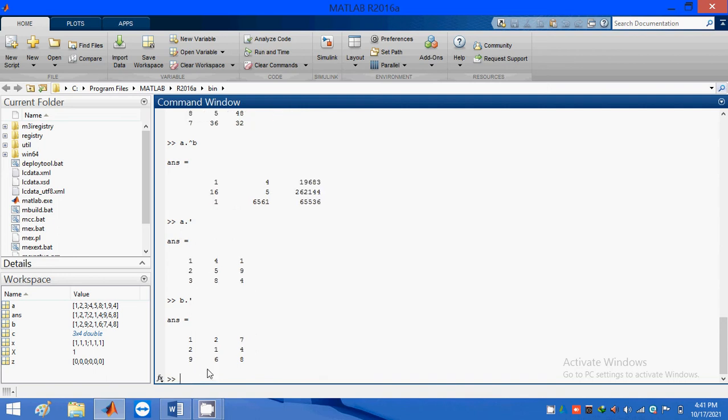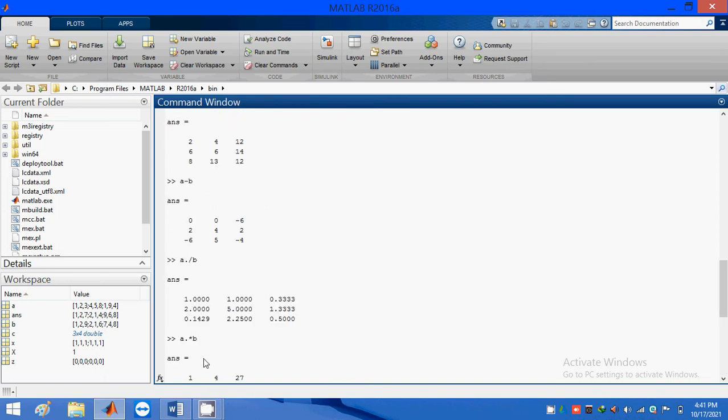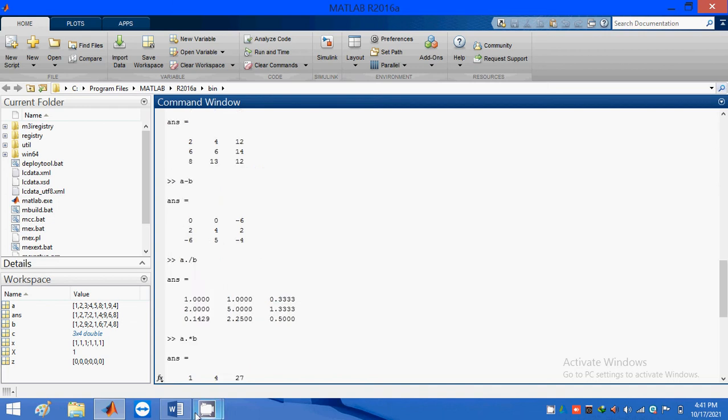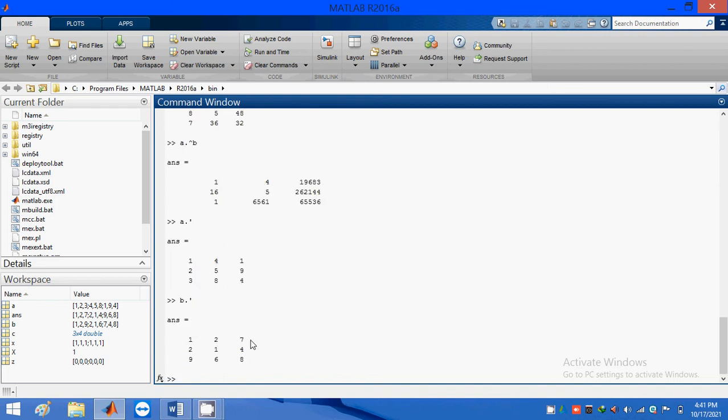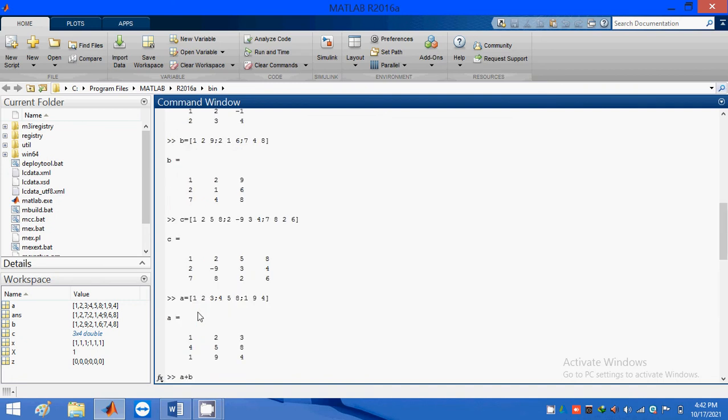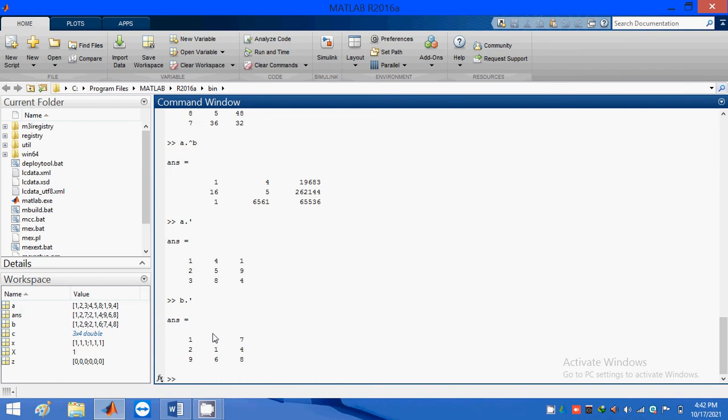What we are doing is just interchanging the rows and columns. How do you know they are interchanged? Just check this term: 127 becomes 129 in B transpose.